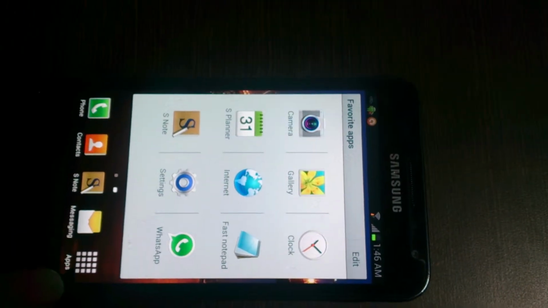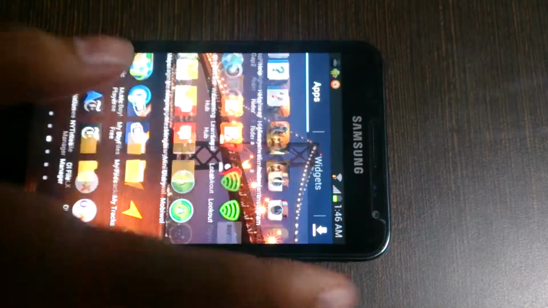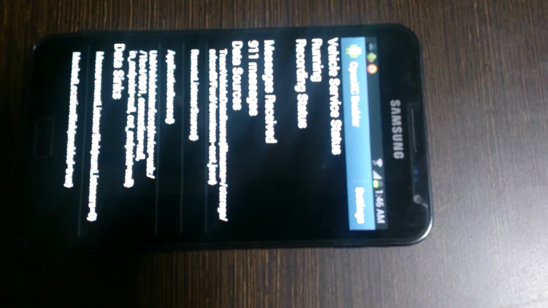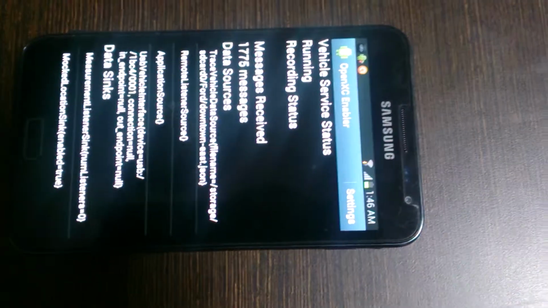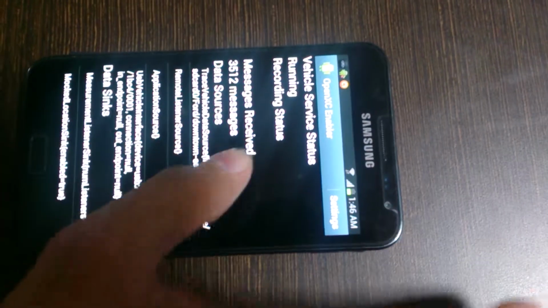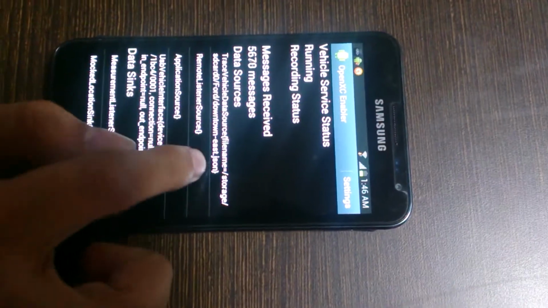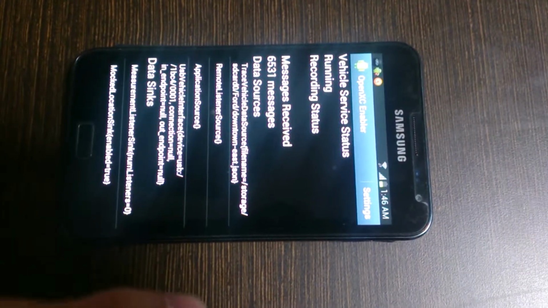Now to simulate the real-time vehicle data, I'll use the OpenXC Enabler app. It has started sending the messages from the Downtown East JSON trace file already.